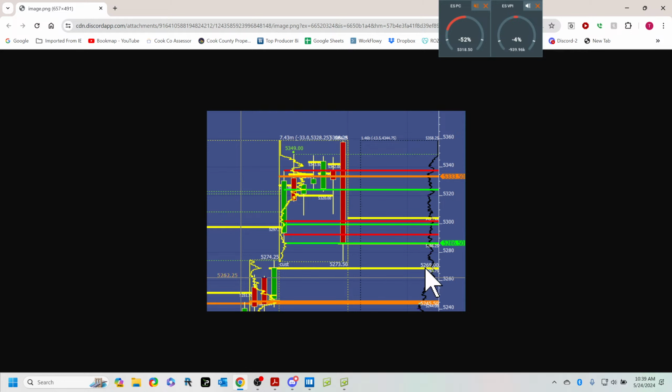Write this number down, 5269. This is called a naked volume point of control. And I can't remember yesterday. It's all a blur to me. But I think I might have mentioned, and I don't know if I mentioned it in the stream, I certainly do discuss all of these things in the Bookmap Discord TraderLab chat, for our trading team, if you will. And it is a team because we're all on the same team. 5269. Why is this important?